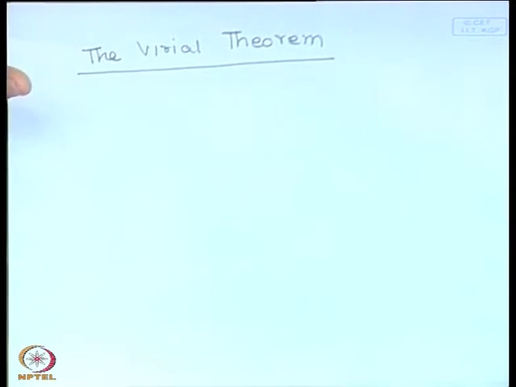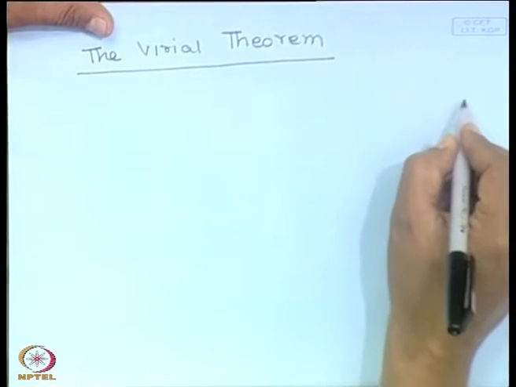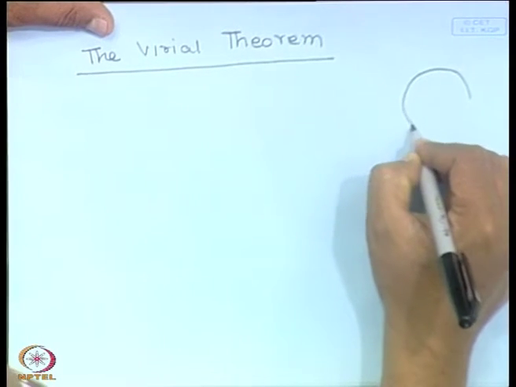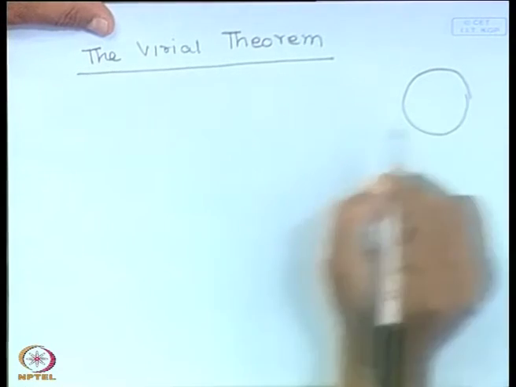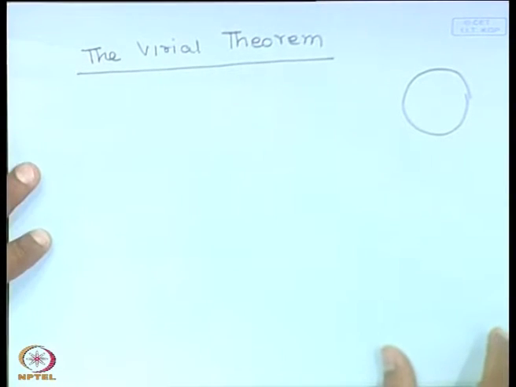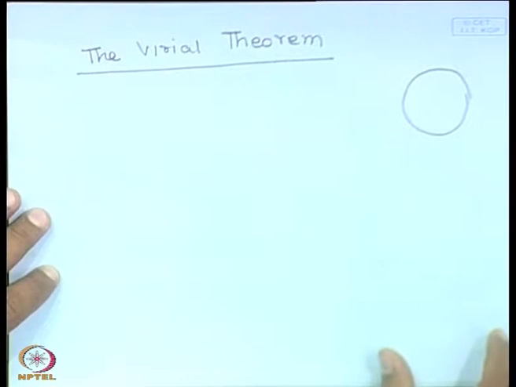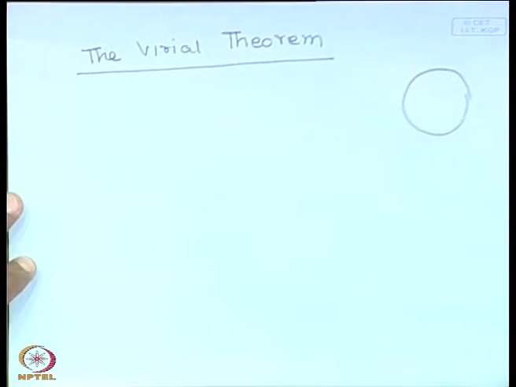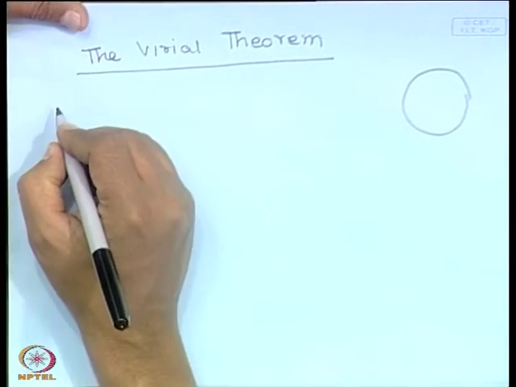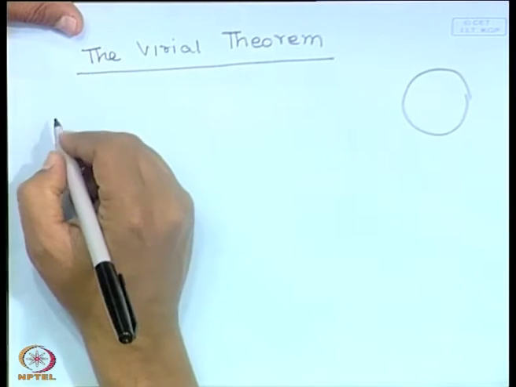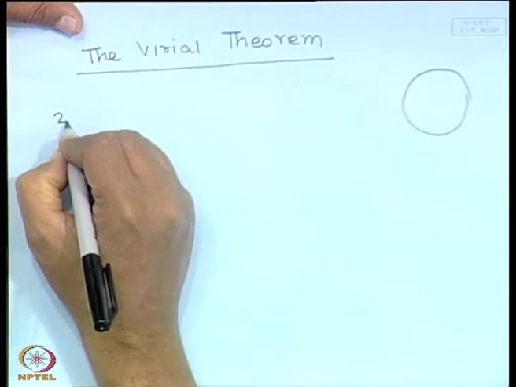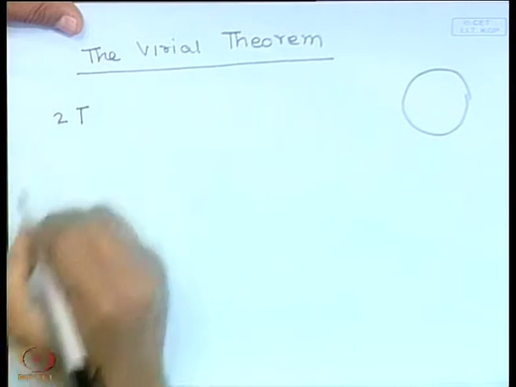So, let us consider some motion which is bound in a region of space. Let us say that the motion is bound within a certain region, let us say within this region in space. Okay. And now the kinetic energy, we will use T to denote the kinetic energy, twice the kinetic energy